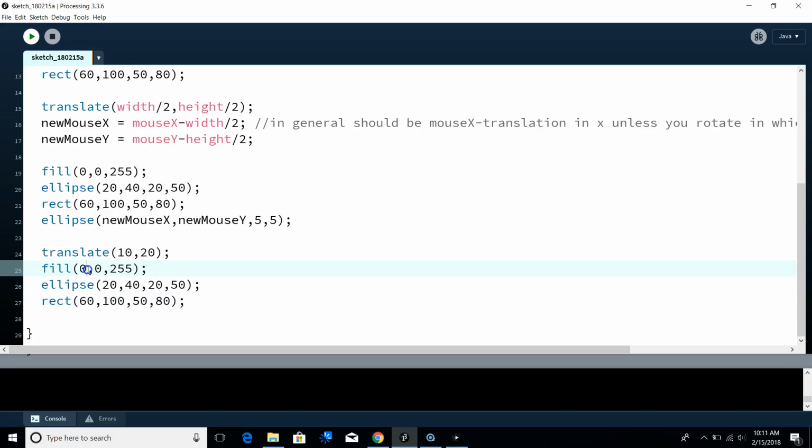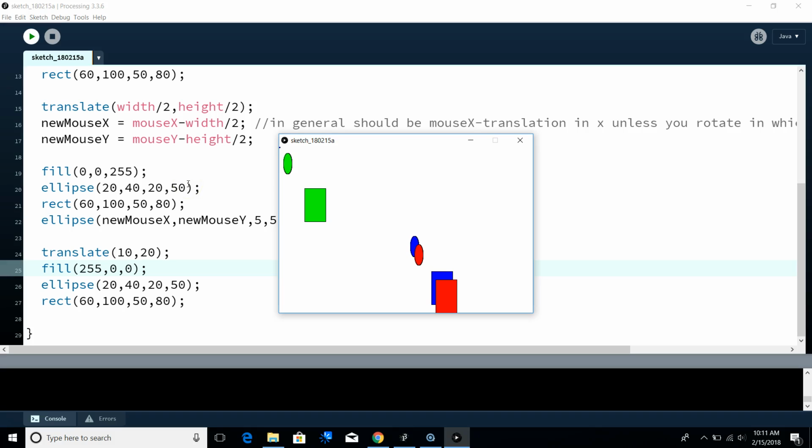Yep, so if I draw reds now and hit go, it now translates from that previous origin. So it's all relative to the origin it's at. It makes sense. Okay, so if you want to avoid this, oh look, the little blue thing's still following me. That's great. If you want to avoid this really aggravating behavior, you can